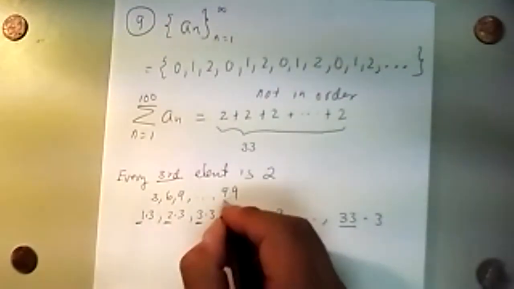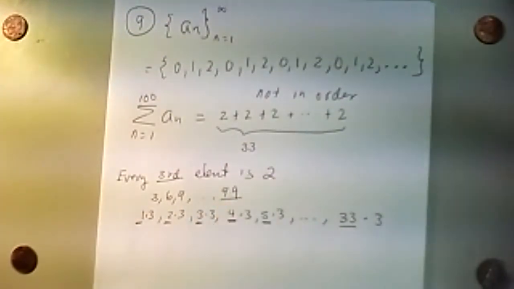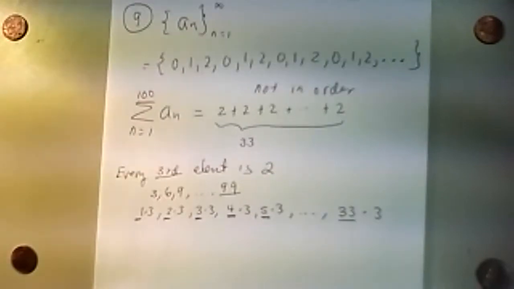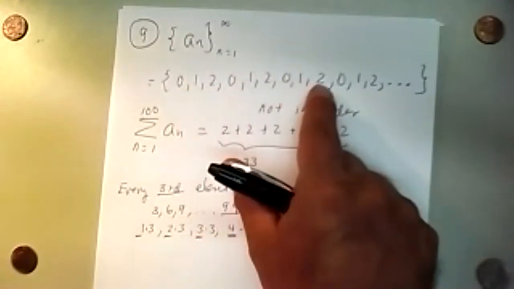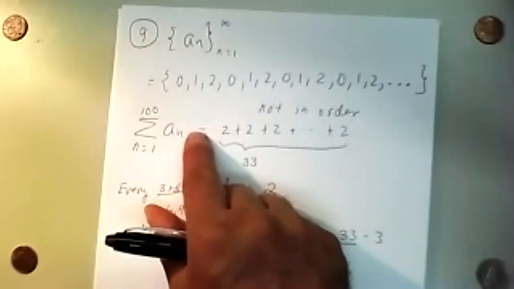Okay, and that takes us all the way to the 99th place. Well, to the left of the twos, there's always a 1. There's a 1 always to the left of the twos. So for every 2,